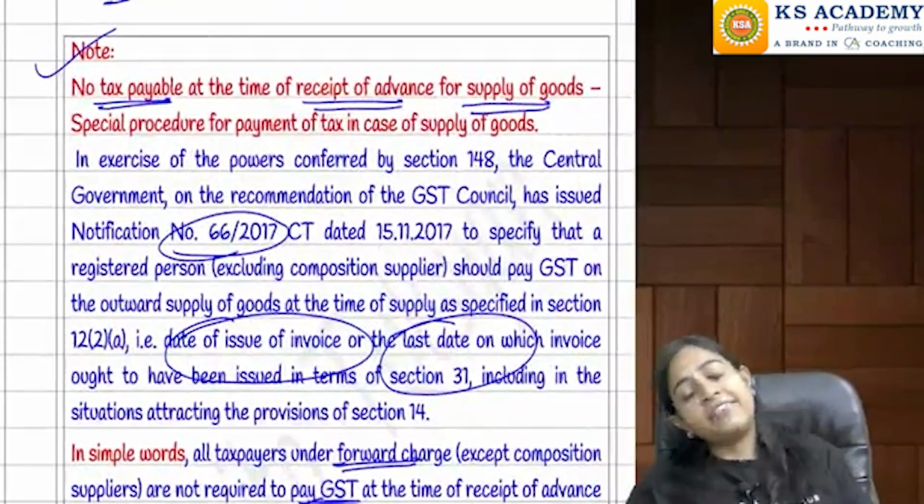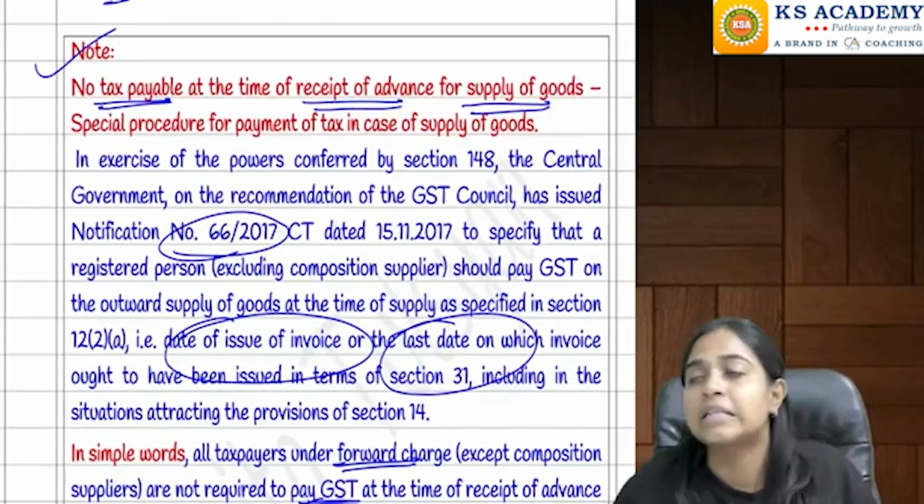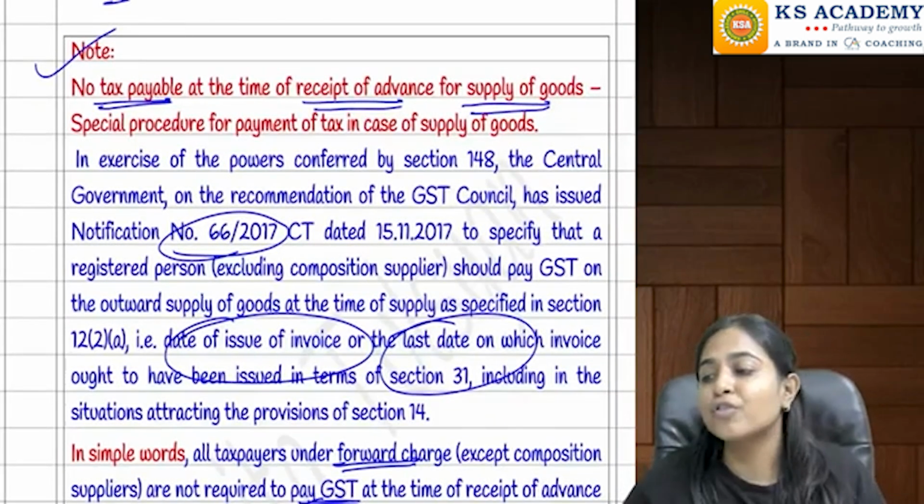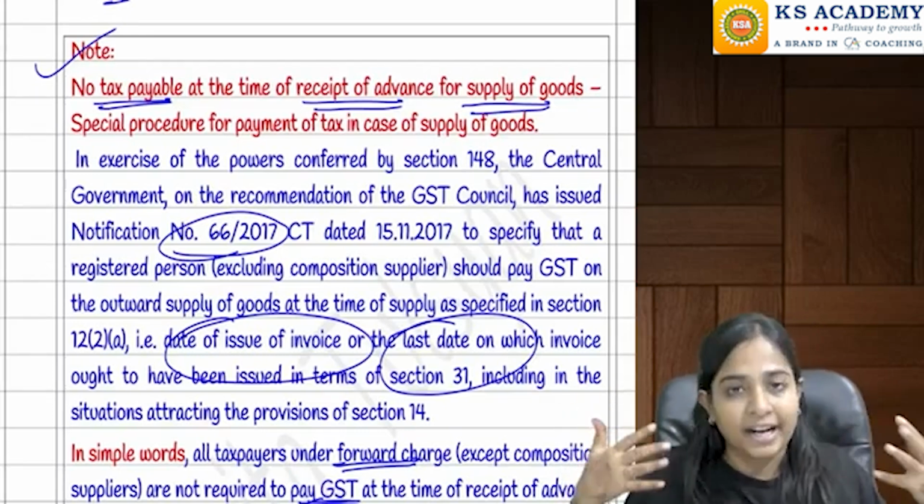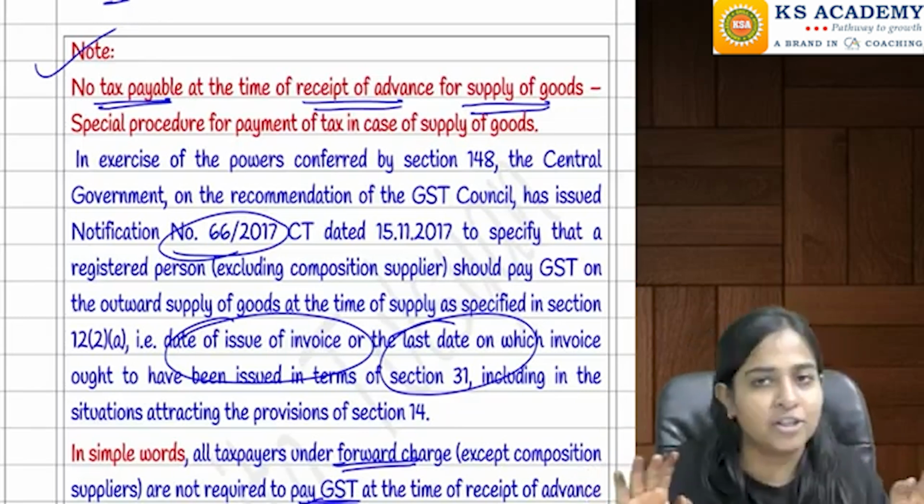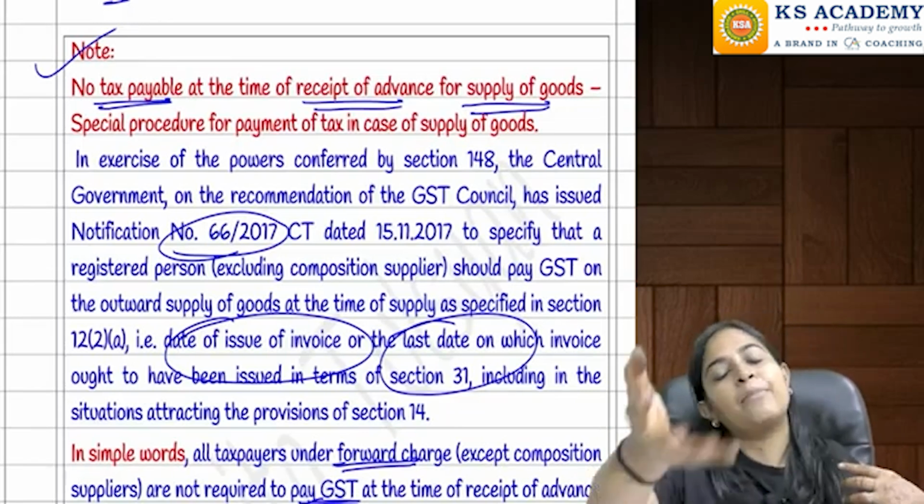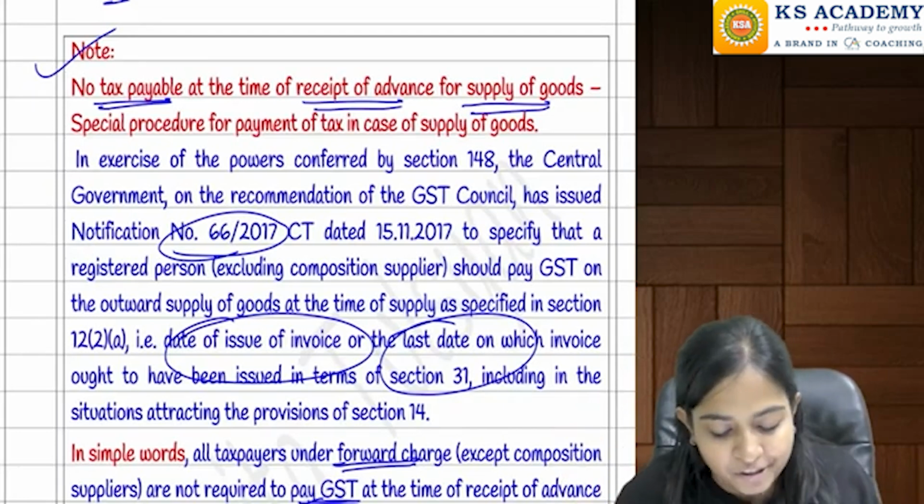Then after that we had discussed a notification, that is notification number 66/2017, which was talking about advance payment. Let's say we have entered into a contract that I'm going to sell you the goods under forward charge. Normal means I'm going to sell you the goods, I'm going to collect the tax from you, and I'm going to pay it to the government. But in this particular case,